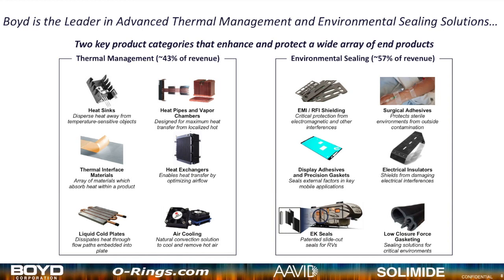looks like this. So on the left side, you have the thermal management, or the AVID product line. It's about 43% of our revenues. This is where we find products like heat sinks, heat pipes, and vapor chambers. AVID was the company that actually invented the vapor chambers. We can do them all the way from quite thick all the way down to now 0.4 millimeters in thickness. We offer heat exchangers, liquid cold plates, and we also manufacture and design a wide variety of fans for different types of